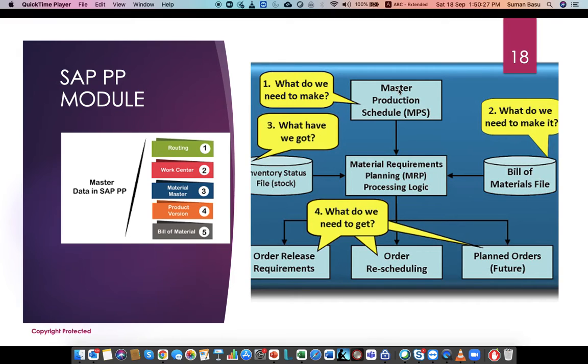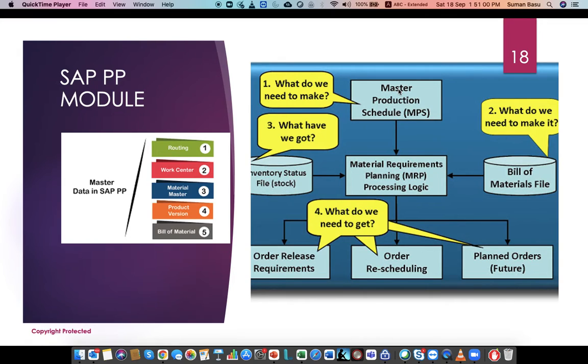Suppose you get an order of making 100 6 millimeter long screws to be delivered in 1 week. Maybe another production schedule may be 110 millimeter long screws to be delivered in the next week. So somebody in the organization, the supply chain people, will prepare this master production schedule, because based on it, we will do a very important activity which is called material requirement planning.